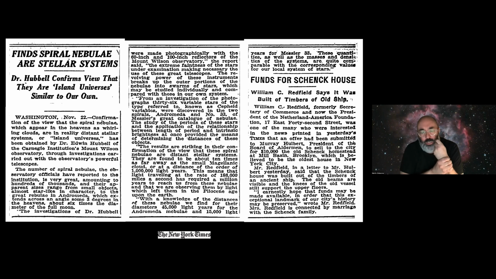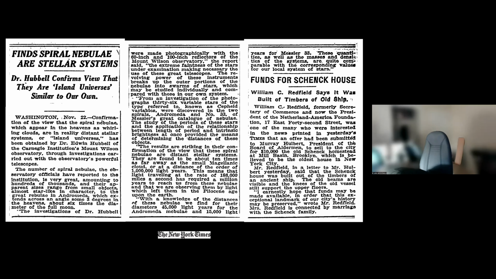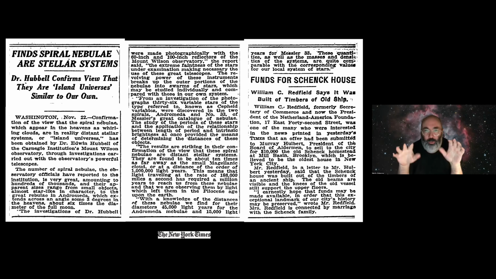It appeared in the New York Times in December of 1924. Just below this, on page 6 by the way, was an advertisement for a New York store that sells fur coats and stuff. But this is it. This is literally the announcement of Hubble saying that these island universes were, basically confirming Curtis over Shapley, and saying that these nebulae were island universes. So that was the announcement that came out,